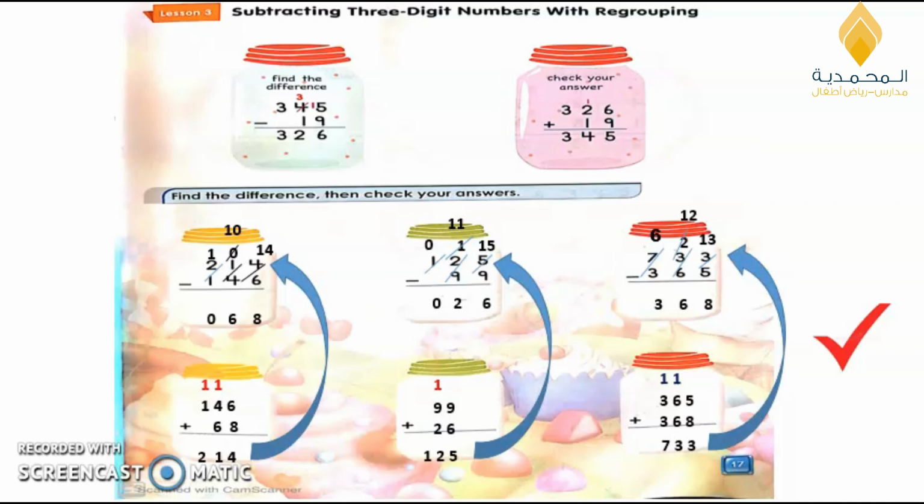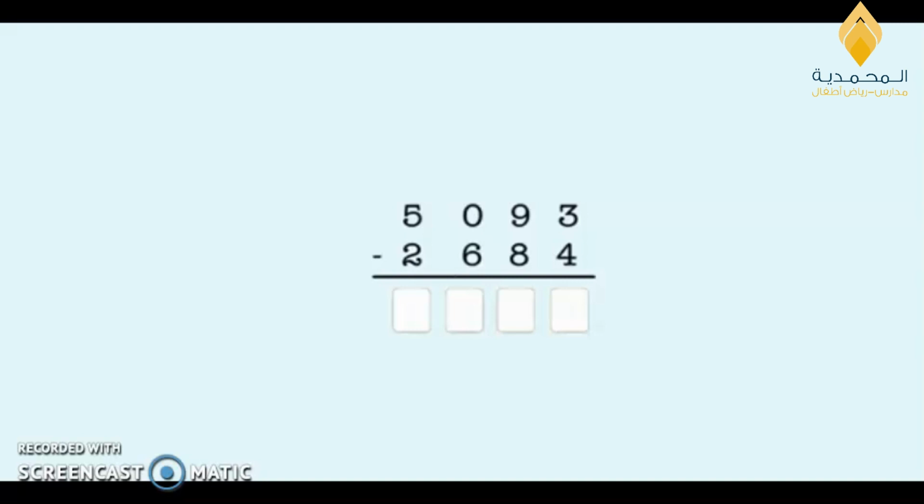Okay, so open your book with me at page 17. Let's take an example. This is a four-digit number. So today also we will discuss subtracting four-digit numbers. Two-digit numbers, three-digit numbers, and four-digit numbers, all these are the same. So for example, if we take this